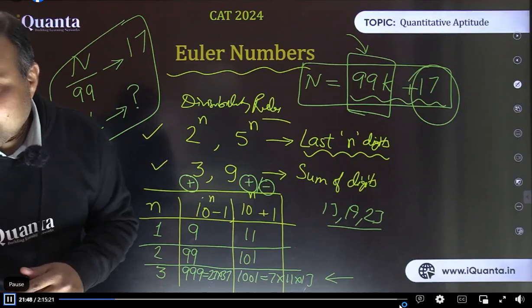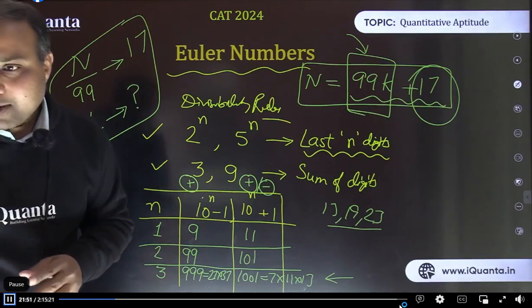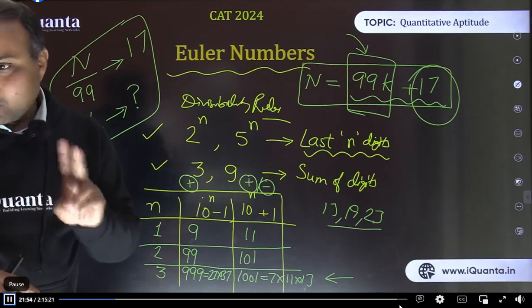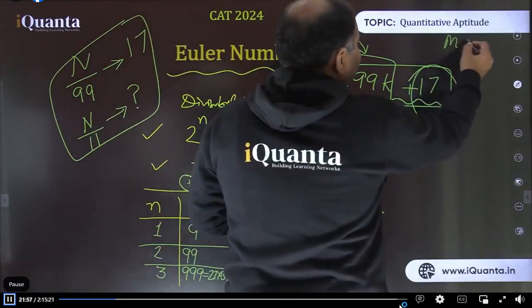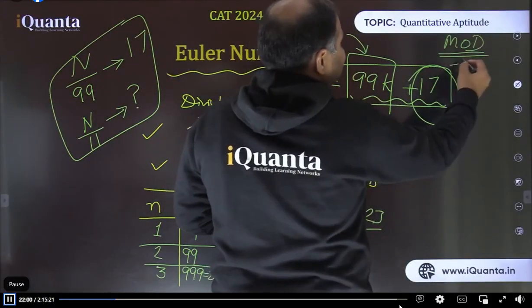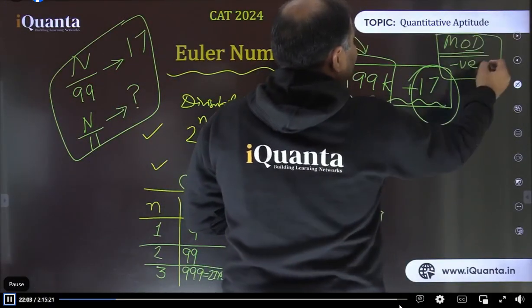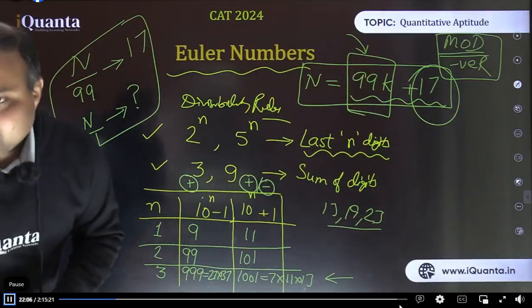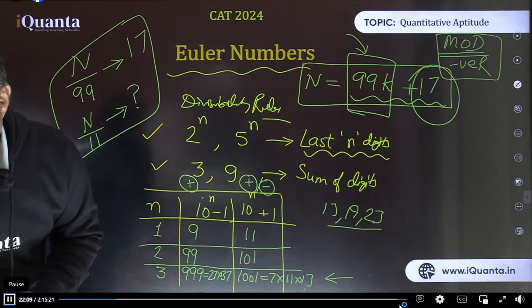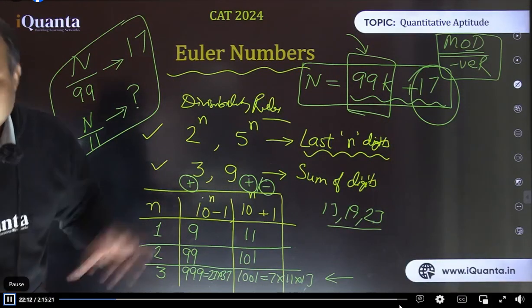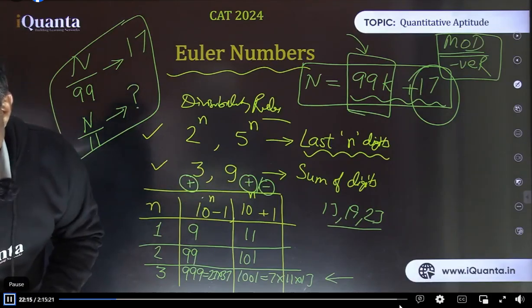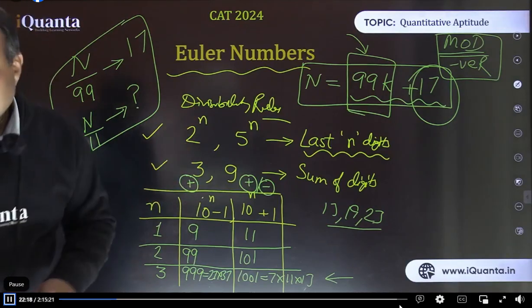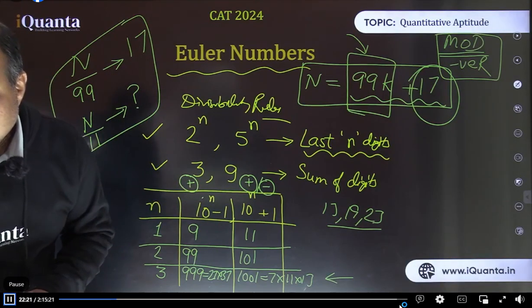All clear, no doubt. Mode part, I have noted down, don't worry. Mode and negative remainder, these two things I am writing down here. Mode is one thing which you are asking repeatedly, and one is negative remainder. Other than this, somebody was asking about derivation, how to calculate the remainder of big numbers. Remainder we will calculate today, so certainly HCF and co-prime. Co-prime also we are going to discuss now. In our last lectures we have not discussed co-prime.